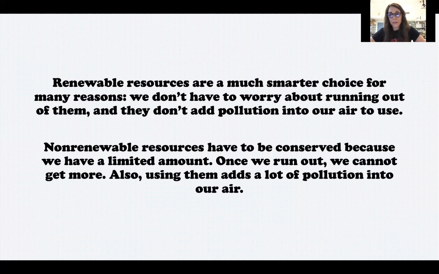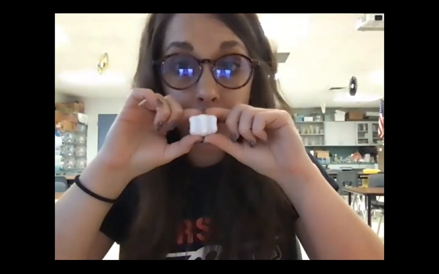So I'm going to show you what that looks like today. This is called a packing peanut. It's not like a peanut that we eat. I guess I could stop sharing my screen so you can see it better. There we go. This is called a packing peanut. It's not like a peanut we eat. It's made of styrofoam, which I told you is